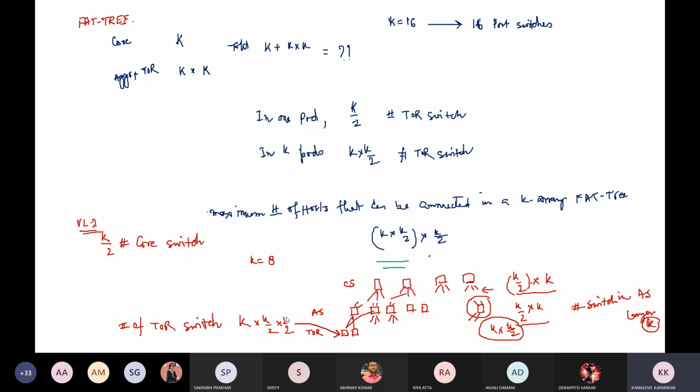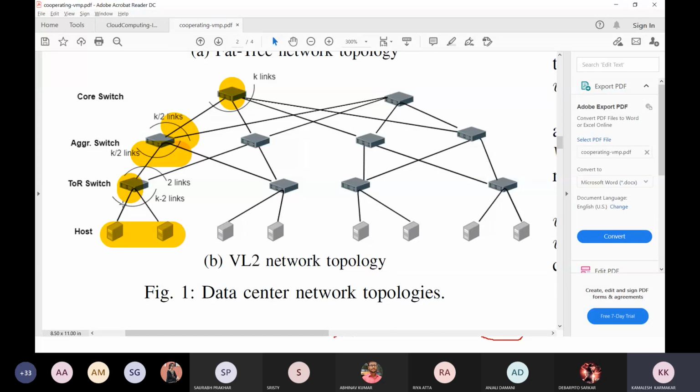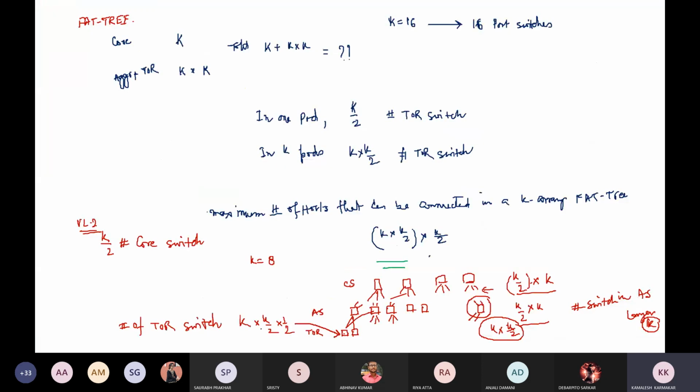Now, how many links are there in every TOR switch? In every TOR switch, 2 links are being used in the upward direction. So the remaining number of links is k minus 2, as we are using k number of ports. So the number of remaining links in the downward direction is k minus 2, and every host is connected by one cable.